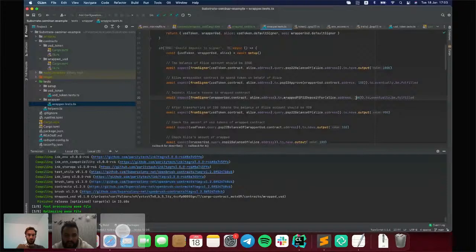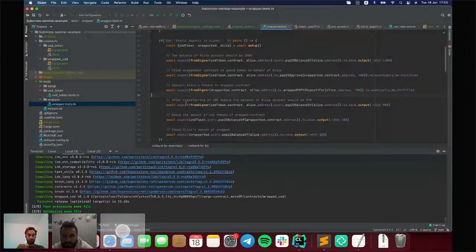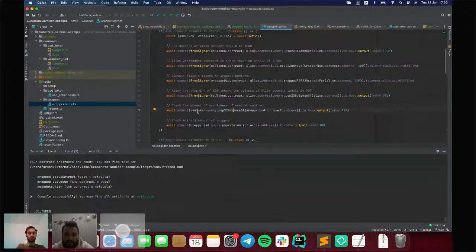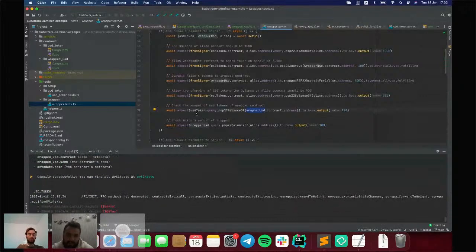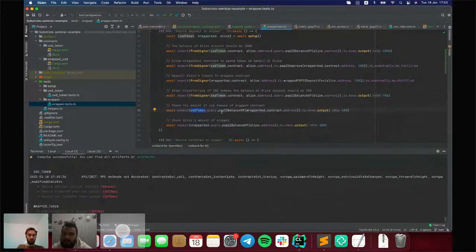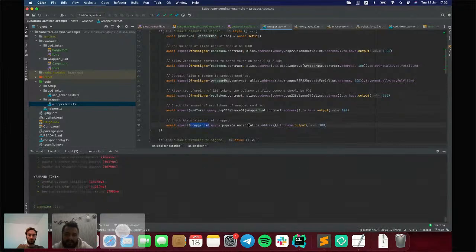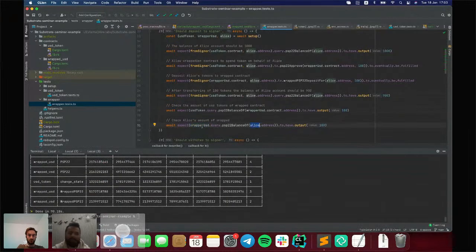And after, we verified that the balance of Alice in the USD token contract is 900, the balance of the wrapped contract in the USD token contract is 100, and the balance of Alice in the wrapped USD contract is 100.